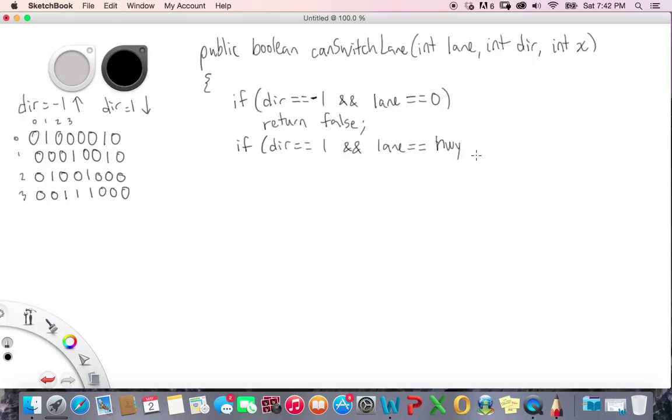Remember how this works. If you use the name of the 2-dimensional array .length, that tells you how many rows you have. If you use the name of the array with a bracket 0 .length, that tells you how many columns you have. So if we want the last row, let's look at this example. This one has 4 rows, so the last one is 4 minus 1. So if the lane equals the number of rows minus 1,